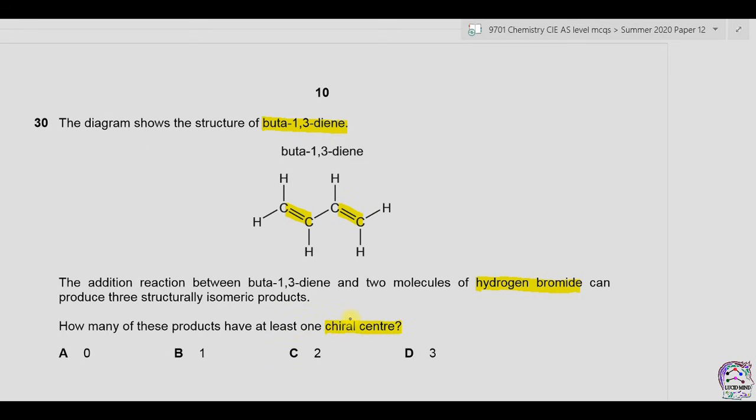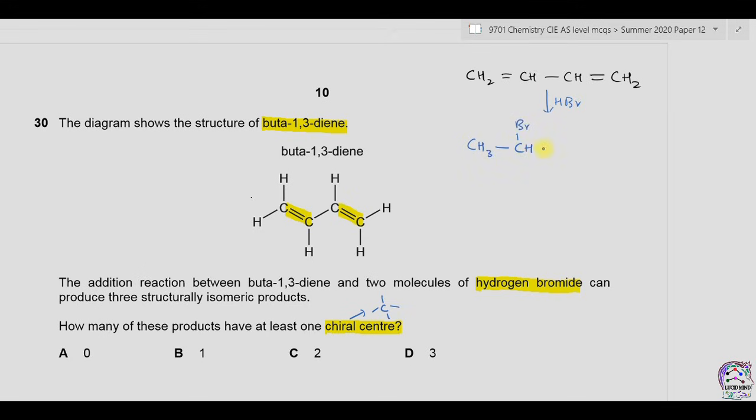Now we know that the chiral center is actually the presence of chiral carbon, and chiral carbon is such a carbon that is attached to four different atoms or groups. Let's first draw the structure of but-1,3-diene. We have CH2 double bond CH, then CH, then double bond CH2. Upon addition of two HBr molecules, we can have products like CH3,